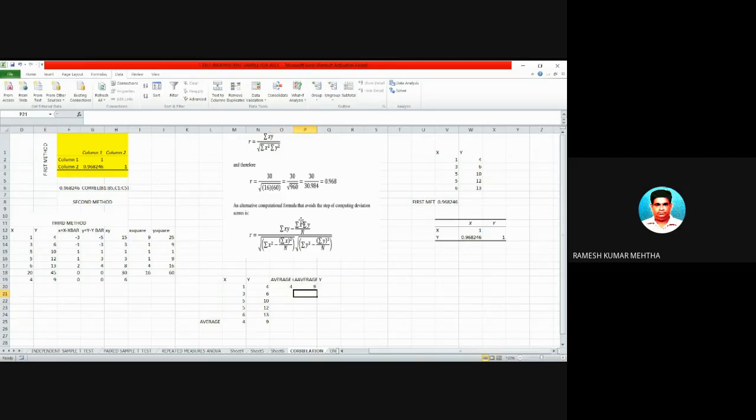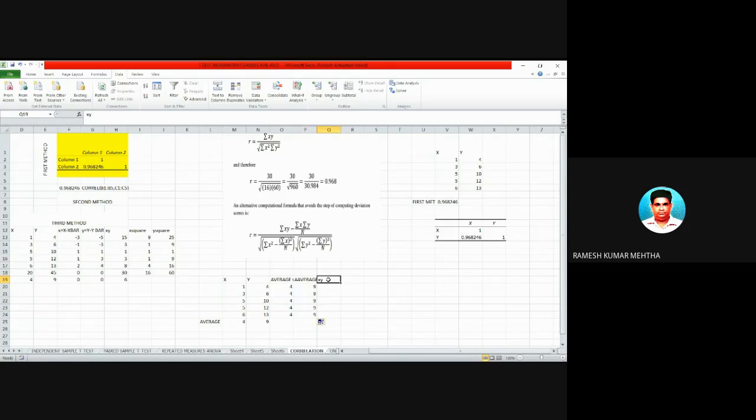If you want to find out small x, small y, first you have to find out the average of x and average of y. So I have dragged it here also, carried forward for all the items. Now what next is